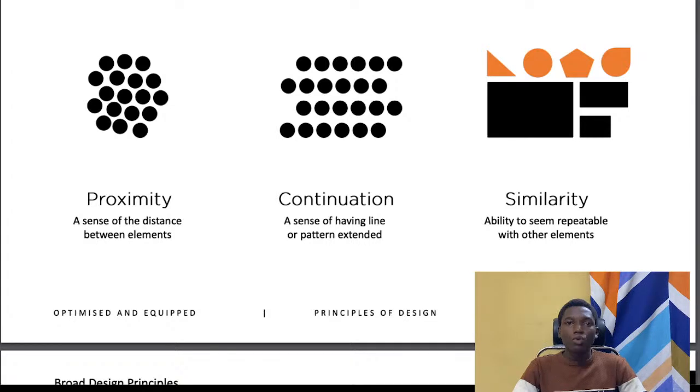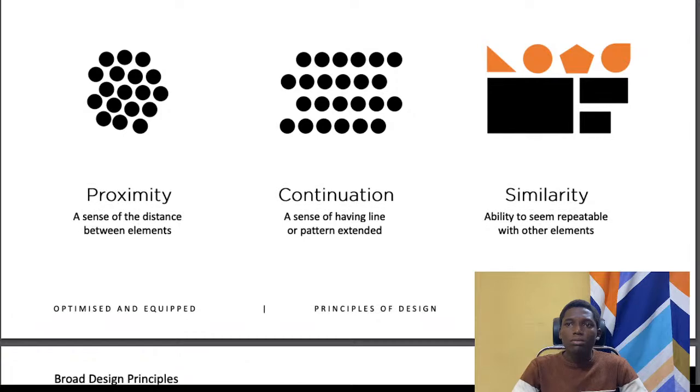Maybe you have pictures that you need to display, and you have 4 pictures to display. You must be able to position and place your pictures in a way that follows the law and principle of proximity. It means that the distance between these elements must be accurate. The distance between the two elements must be accurate, and they must not be in a form of